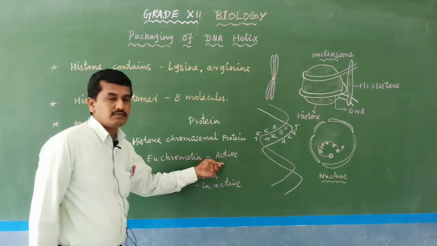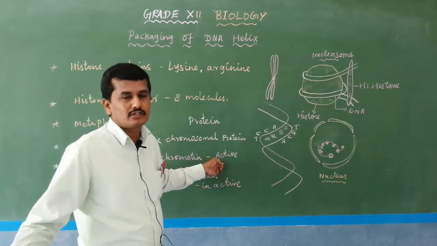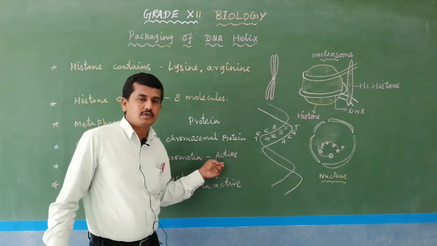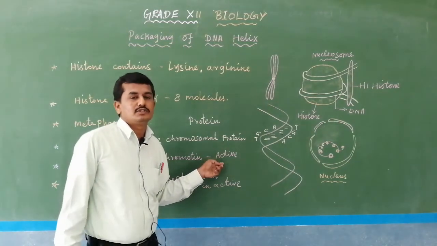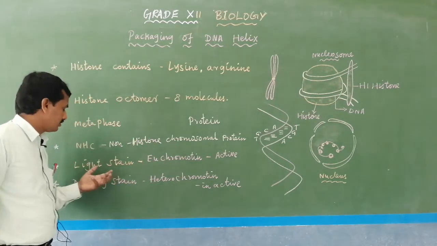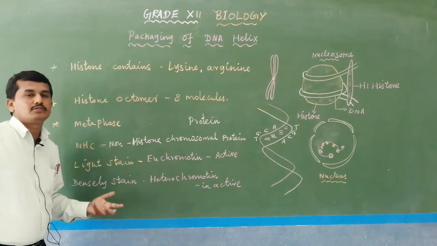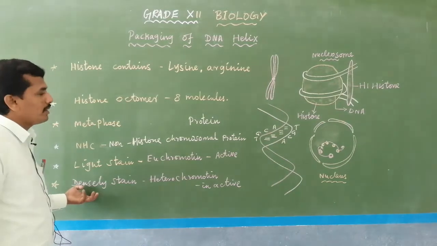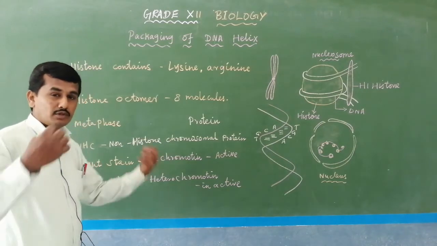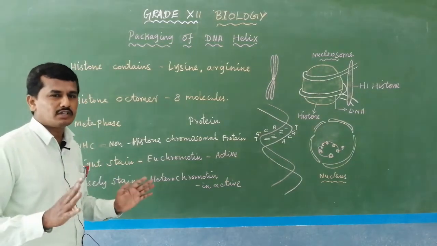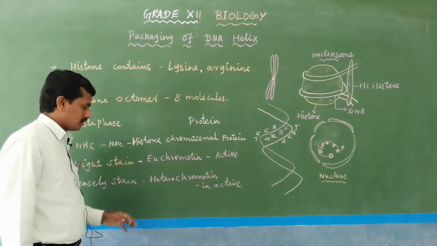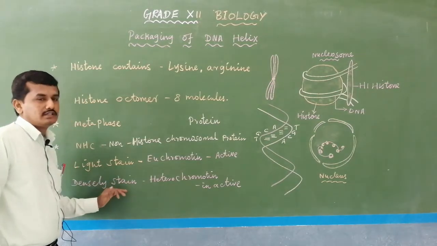It is actually active for transcription. Transcription, I will explain in the next section: DNA to mRNA, this process is known as transcription, which is important for the protein synthesizing machinery in the cell. So euchromatin is active chromatin, lightly stained with the stain when we observe it under the microscope. Some part of the chromatin reticulum is darkly, densely stained; it absorbs more stain. Acetocarmine is like a pink, saffron color that we observe under the microscope.